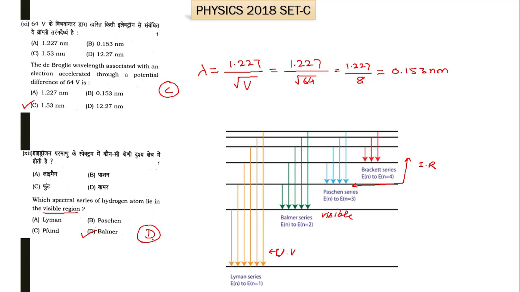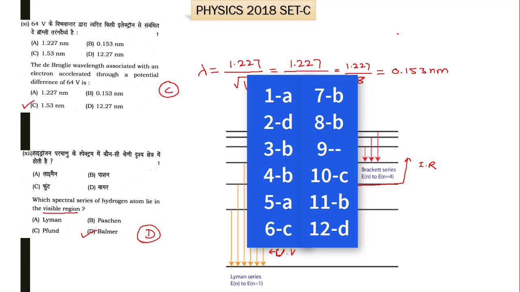So these were the solutions for all the questions. If you want to make a key, then you can simply make a key, and the key is here. You can see the key and you can take a screenshot of that if you want to keep it in your copies, or you can save it in your phone memory, etc.